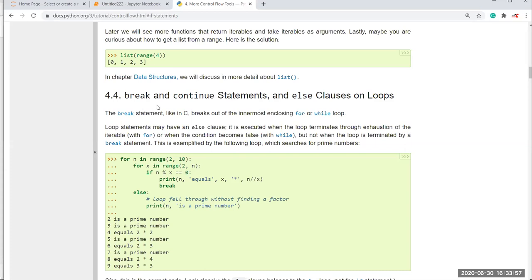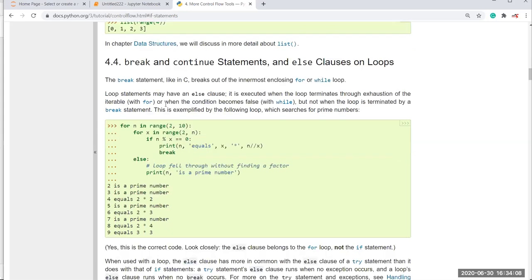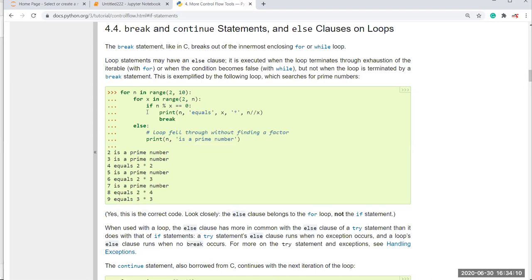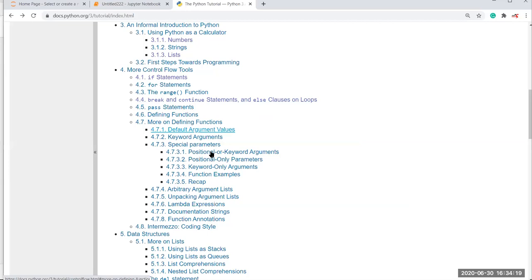For while loops and for loops, we can use break and continue and pass statements in loops. When you perform loops, you can use break and continue to interrupt your loop, right?